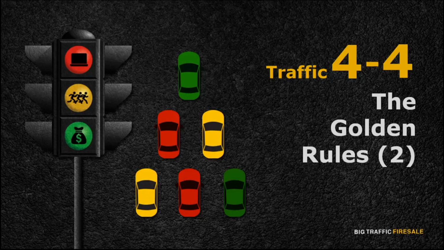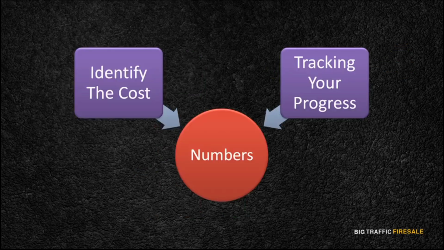In this module, we'll be focusing on another golden rule you can't afford to miss, which is knowing your numbers. When we talk about numbers, it all boils down to two major components. One, identifying the cost to purchase your solo ads. Two, tracking your progress. In any business, it's vital to identify the costs invested in your product or service. This is to ensure that you adhere to the budget and do not go overboard, wasting your resources. When you have invested, the next step would be tracking your progress to identify if your investment generated profit